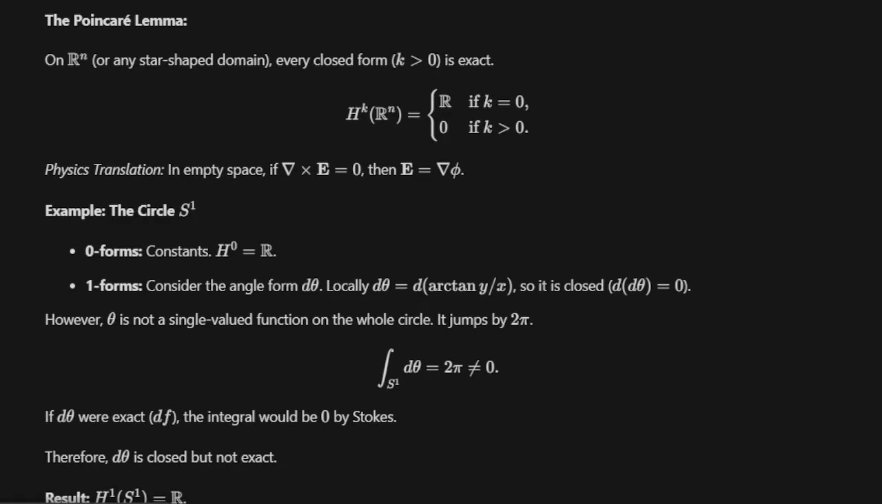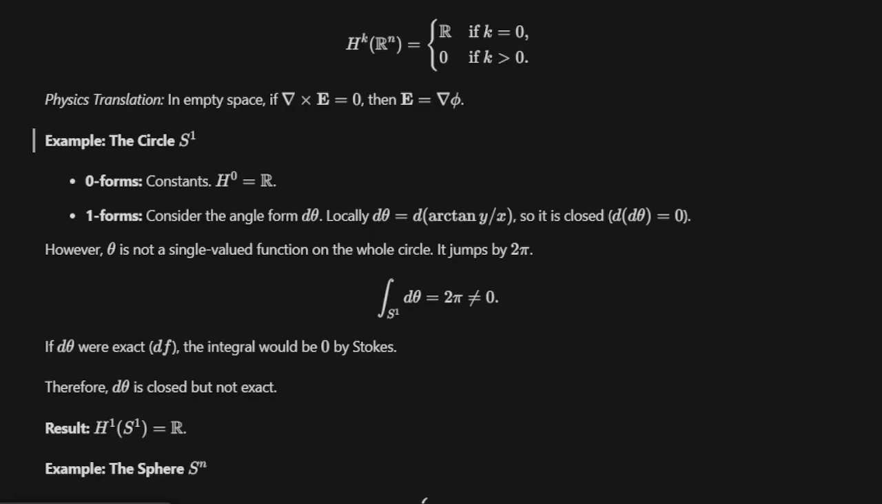Okay, what that means physically, again, has a direct physical consequence, because in empty space, if the curl of the electric field is equal to 0, then we know that the electric field is defined as a gradient of a potential function. And if we look at the circle, okay, the 0 forms again would have a cohomology equal to R, but